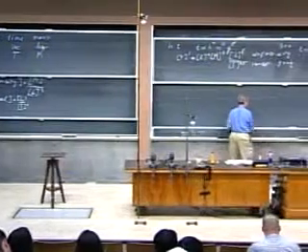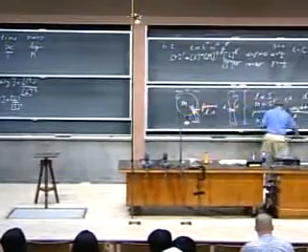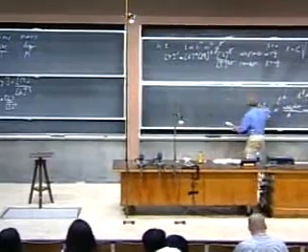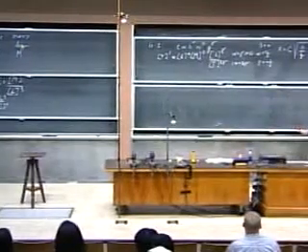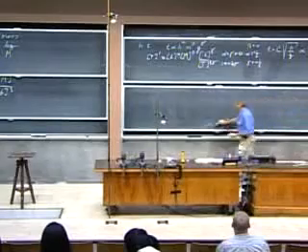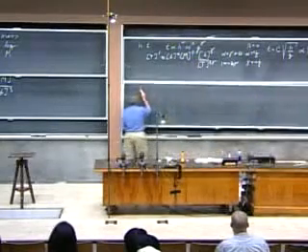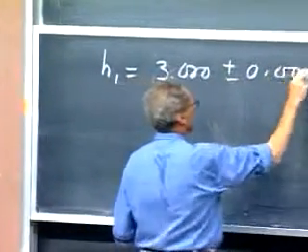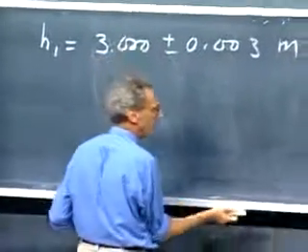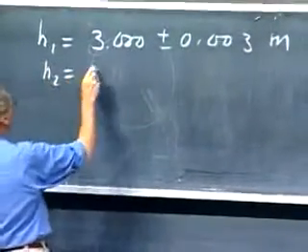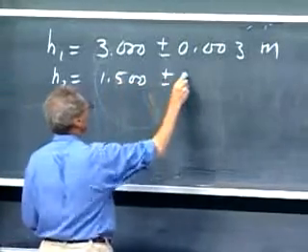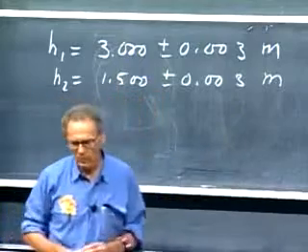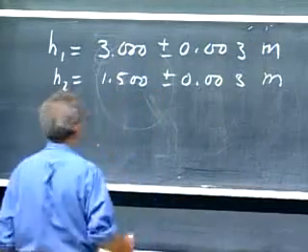I have here something that's going to be a prediction of the time that it takes for one apple to fall divided by the time that it takes for the other apple to fall. H1 is 3 meters, but I claim there is an uncertainty of about 3 millimeters. Can't do any better. And H2 equals 1.5 meters, again with an uncertainty of about 3 millimeters. So the ratio H1 over H2